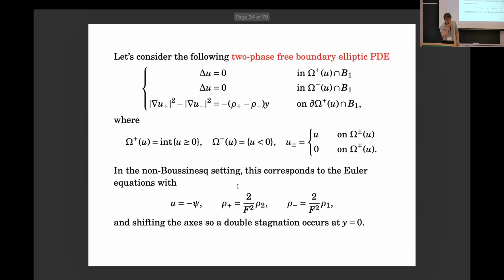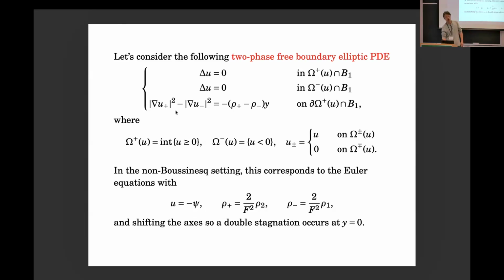So that allows us to simplify the problem a little bit by considering a kind of toy model. Very simply put, instead of psi, I'm just going to convert everything into u. So there's an abuse of notation. u is like a psi with a minus sign. So I have u being harmonic in the region where it's of fixed sign, say plus or minus, and on the interface, u is equal to 0.